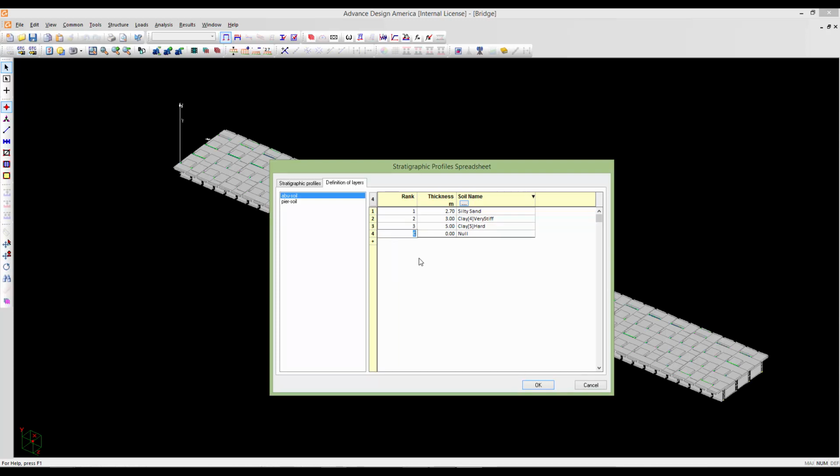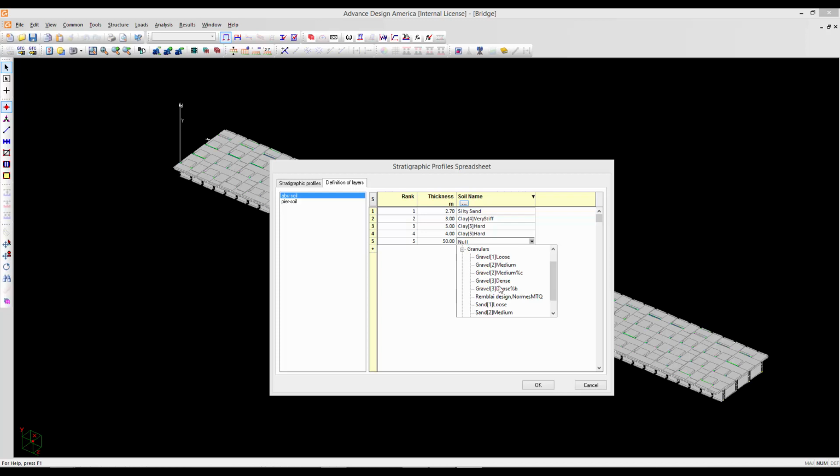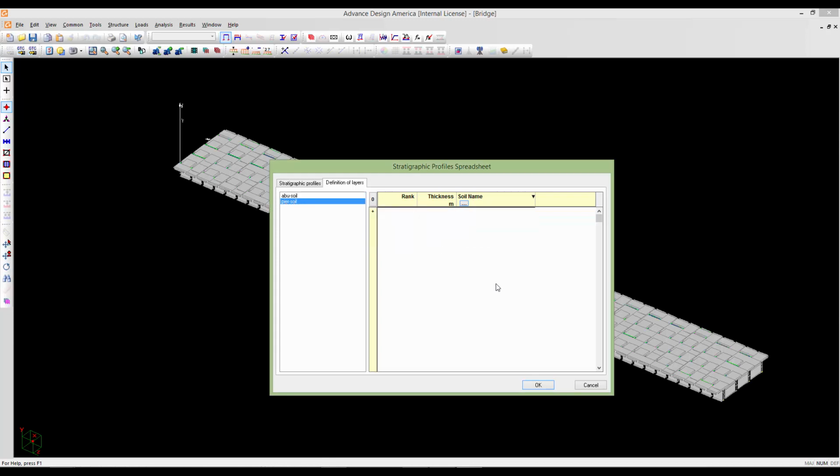We can also define a number 4 as 4 meters. So this is an example that I'm showing you of how to define your soil strata. It depends on your example or on your soil properties. You can insert as many layers or properties as you need here. So let's say this is our abutment soil strata,